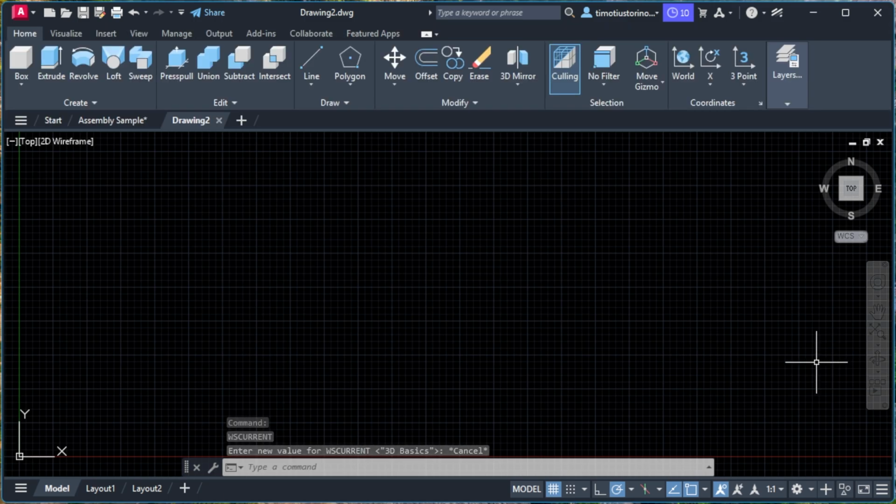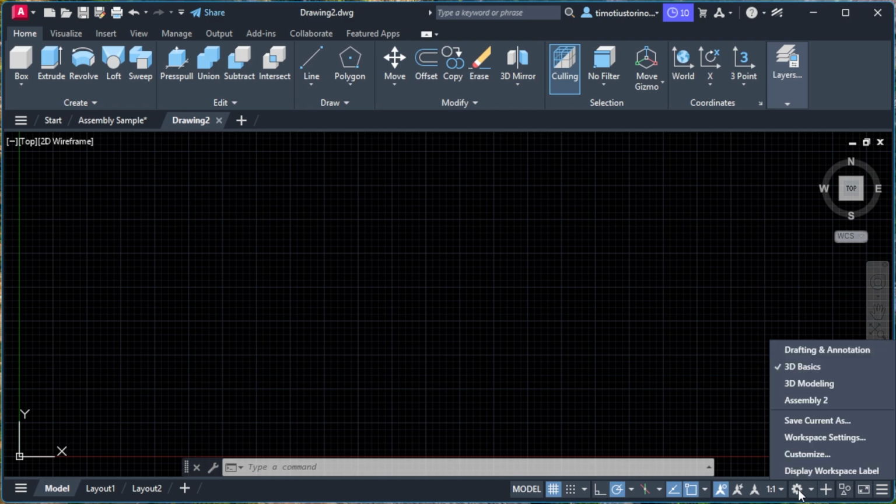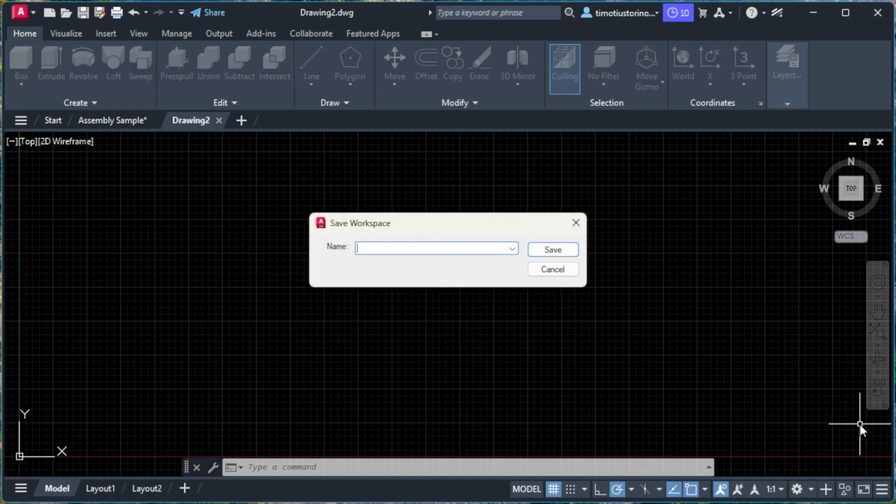Step 2. Save your current layout under a new name. Next, you need to use the saving command inside that gear menu to take a picture of your current screen arrangement and give it a unique personal name. Click the bottom gear wheel icon again, scroll down the list to find the line that says Save Current As, and click on it to open a small text entry box. Type a clear and simple name for your custom layout inside the box, like My Safe Workspace, and click the